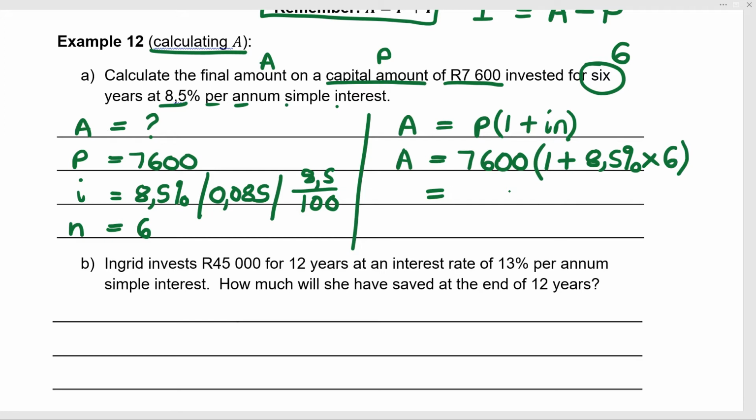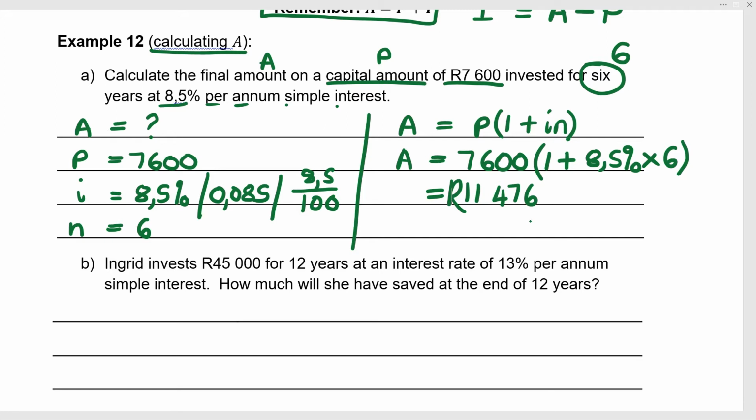Okay, so my answer should be 11476, and obviously that's in rands, and there's no cents. But I want you to now go back on your calculator, and press your arrow button, and change that 8.5% to those other 2 options, and then you can choose what you want to work with. We can say